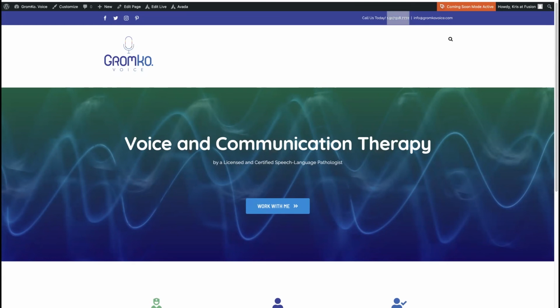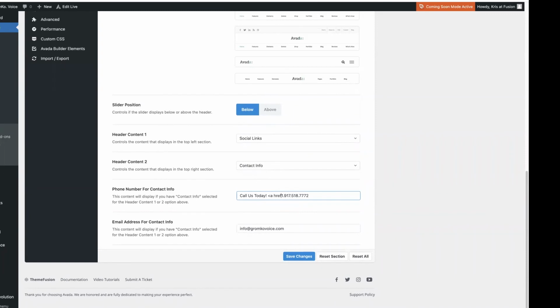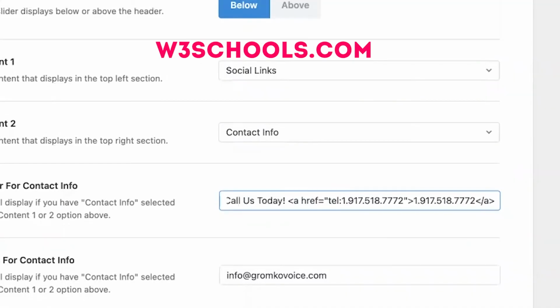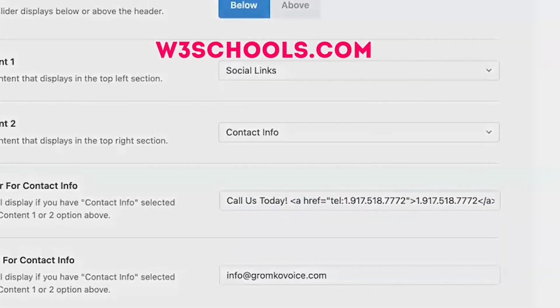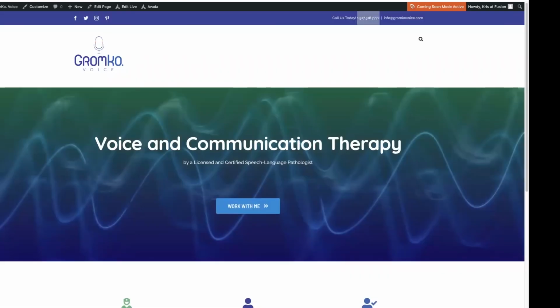However, I can see the phone number is not clickable, and in this day and age, we really want to be able to click on a phone number and have our phones do the work for us. So I'm going back to the phone area. I'm going to add a little HTML. I'm going to use the A tag, the anchor tag, href equals, and the tel in quotes. Please pause the video or zoom up, or if you want to read more on the anchor tag, go to w3schools.com. And then closing my A tag, saving my options, and then going to the home page and refreshing the screen